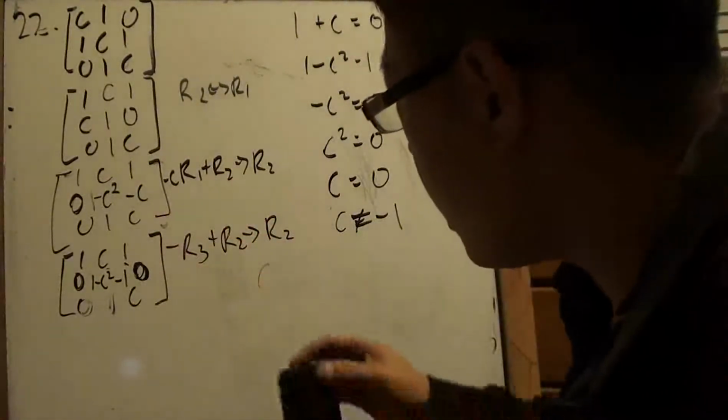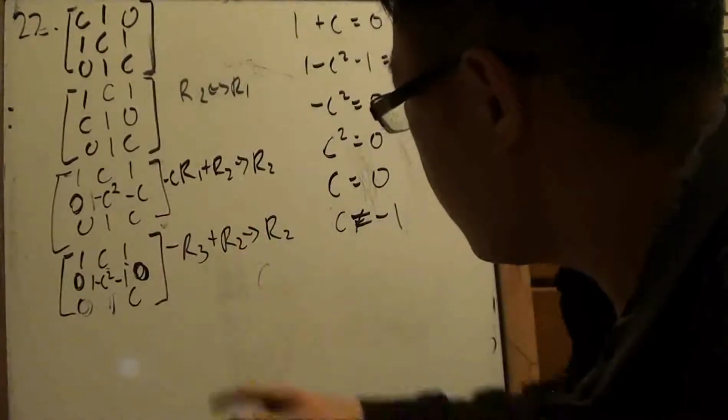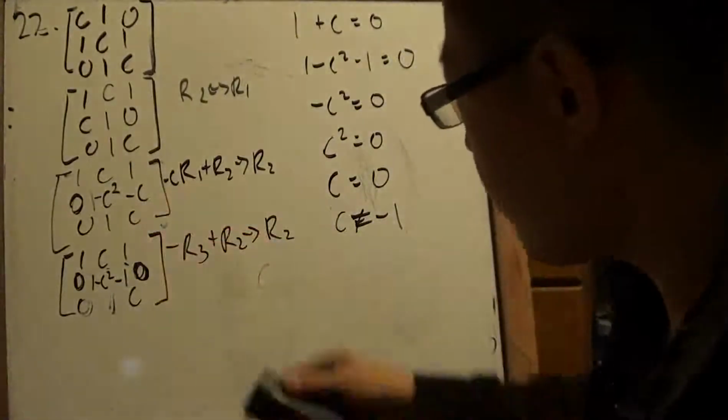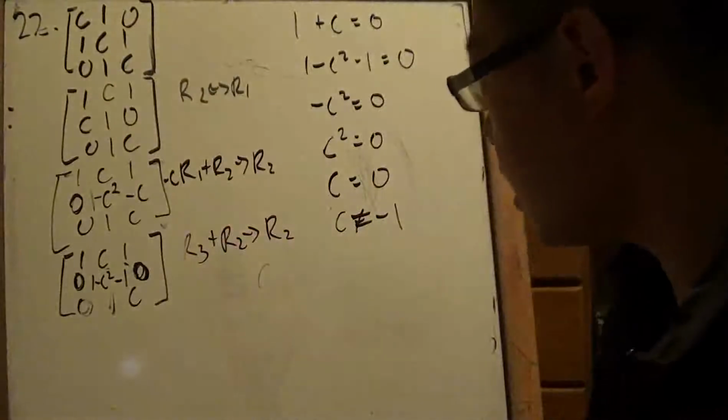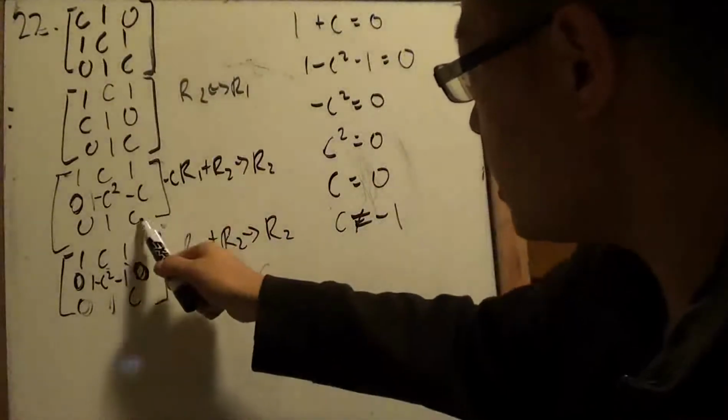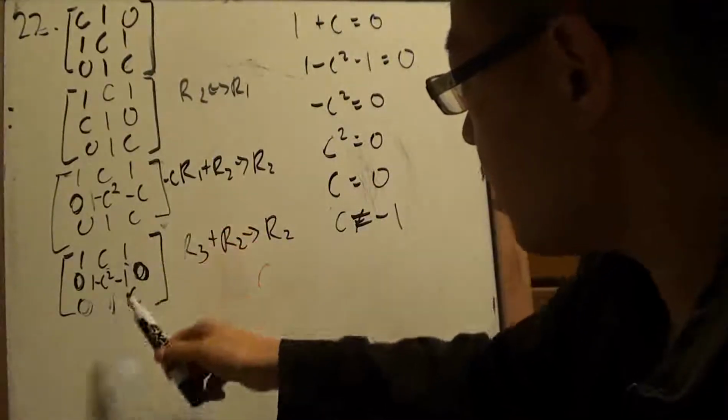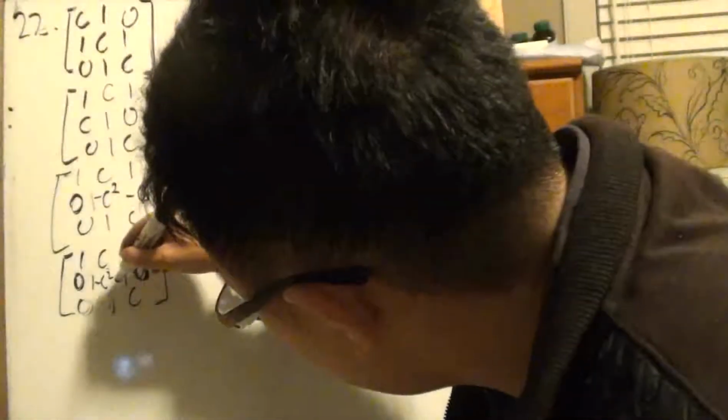Sorry, there was a mistake I just pointed out. See, that's a good thing. Because if I want to do this, I don't want to make it negative. I just want to add it, right? So that's going to be R3. That way, c and negative c will add together and become 0. So that's actually going to be